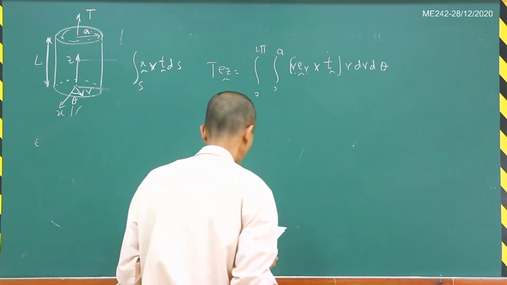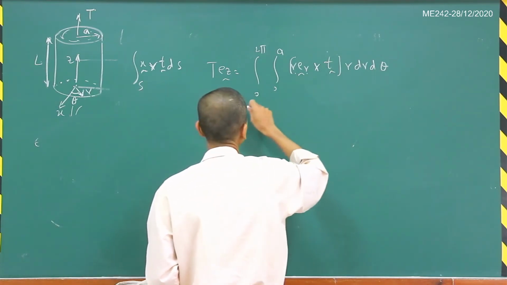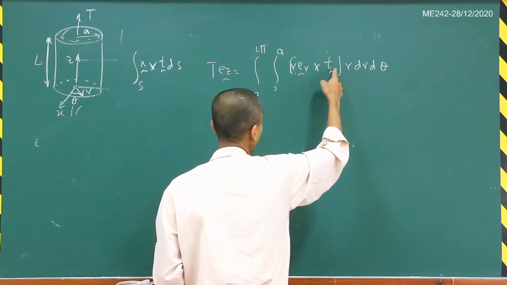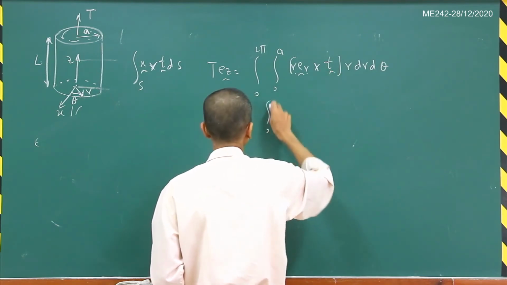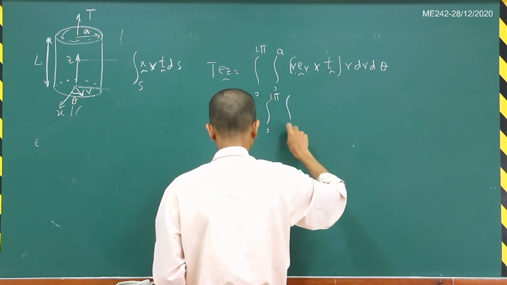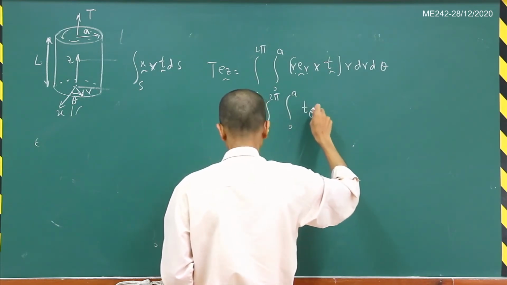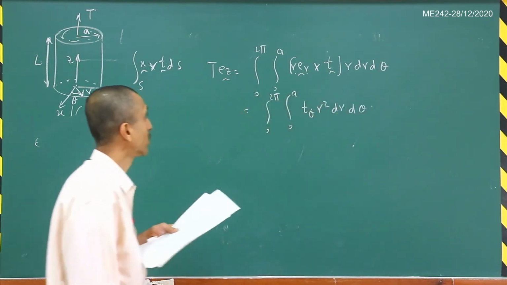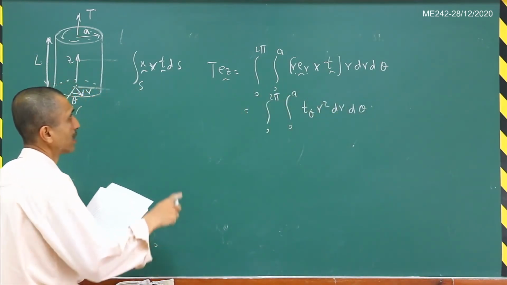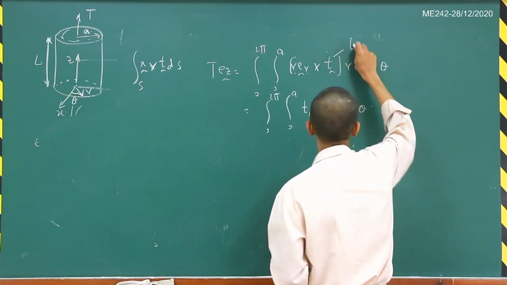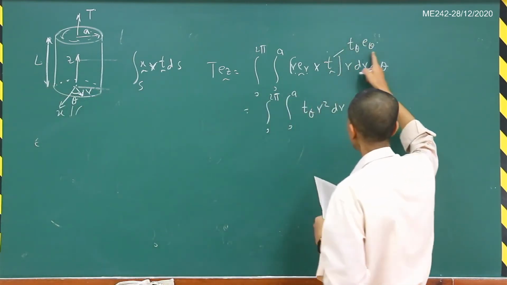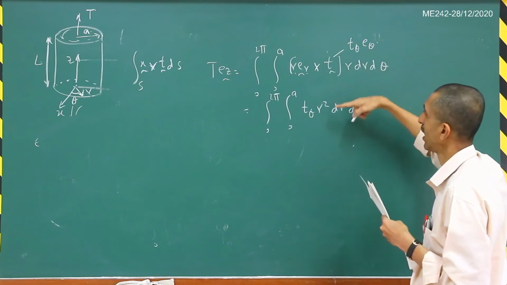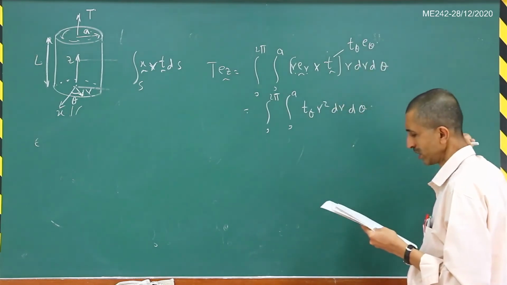Okay, so we will get that. If you write this t as only t_theta, which is the non-zero component in this particular case, you will get the integral from 0 to 2 pi, then 0 to a of t_theta times r squared times dr times d theta. So this is what we will get here. Let me just write it here. So this is actually t_theta e_theta. That is the only non-zero component that we saw. That G alpha r was the only non-zero component here, and so you will get only this as a term.